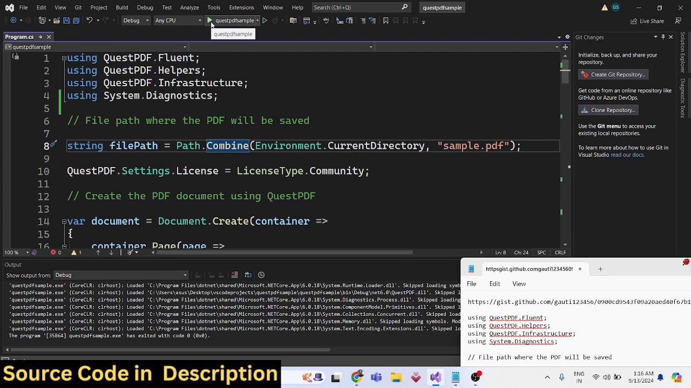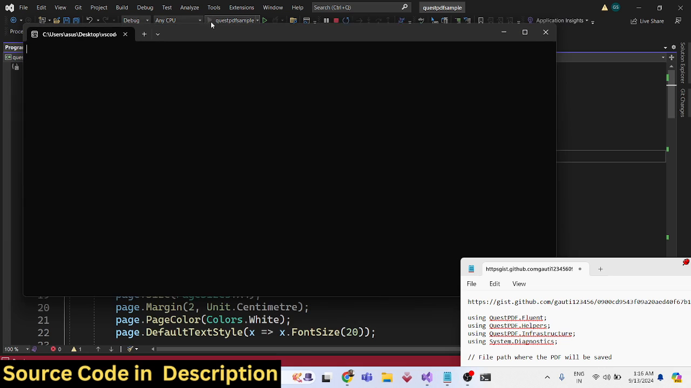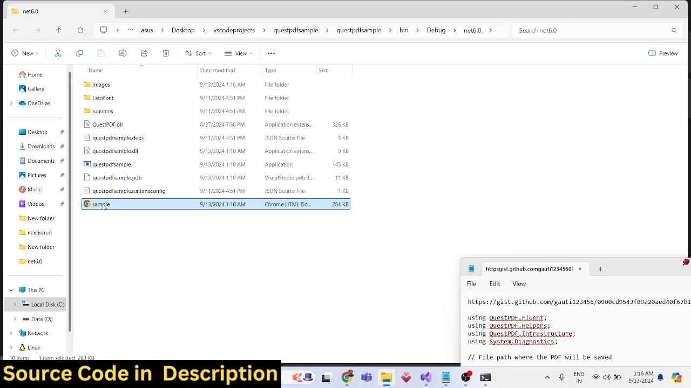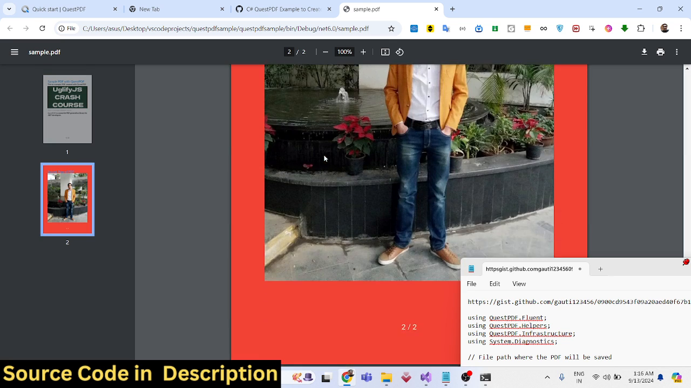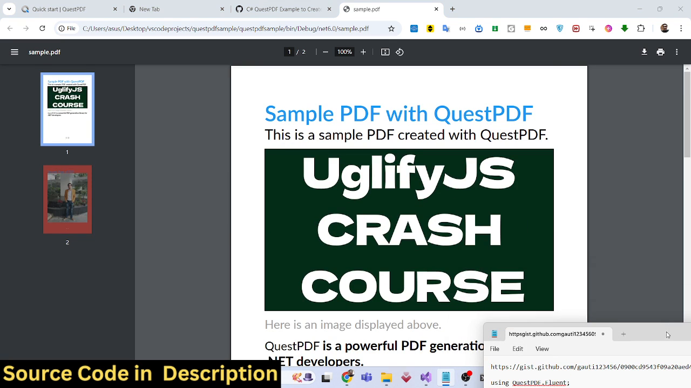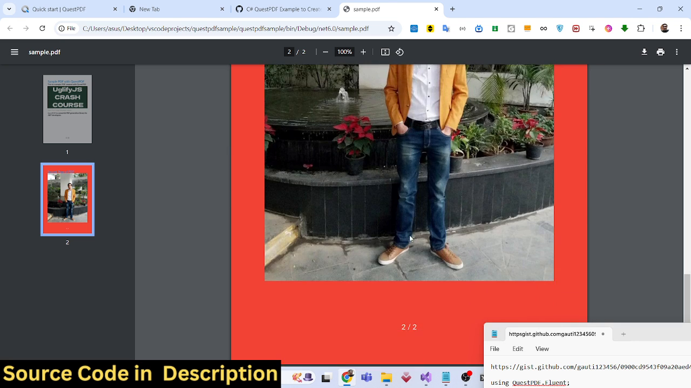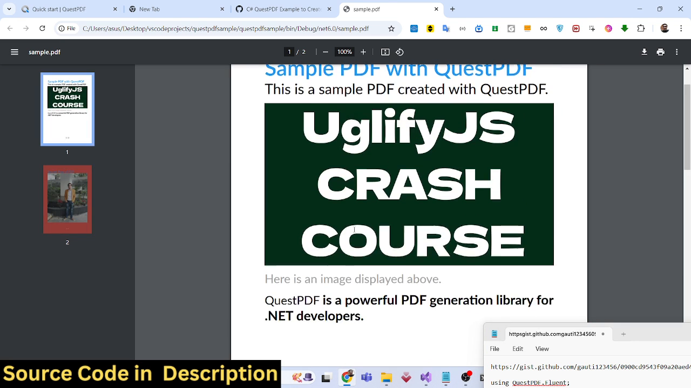So you can see I'm running this application. If I run this application, it will open the folder where the PDF file will be located. It will create this, and if I open this file, you will actually see the PDF file. It contains text, images. It also contains the footer, page numbering as well. This is the first page, this is the second page,